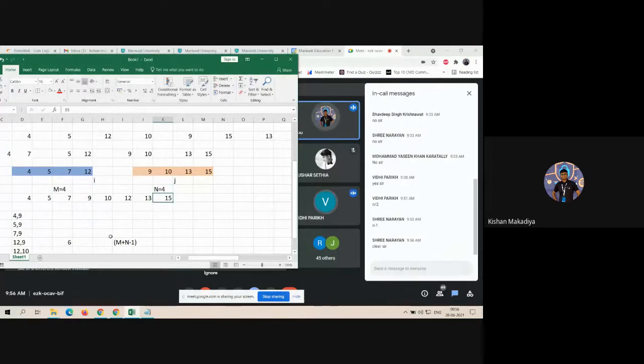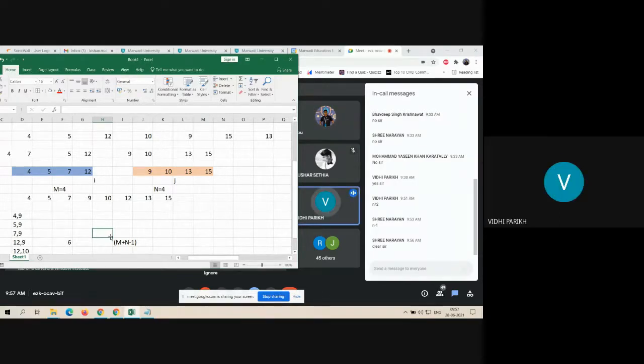So in that case you cannot say maximum 4. Here the first array is sorted, the second is also sorted, so you can say that m plus n is the maximum.